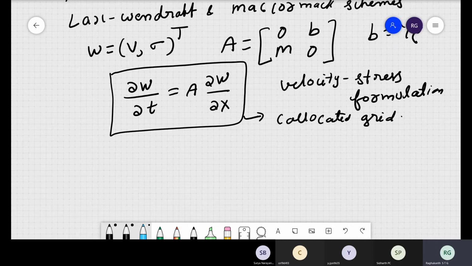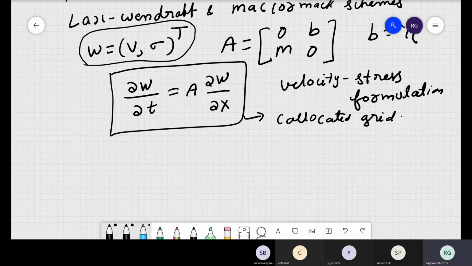If you see that textbook, he has given these expressions also. The philosophy is the same. What you are doing is converting those two velocity stress formulations and writing them like this, like in our structural dynamics also. What do we call this type of thing? State space approach. You understand, right? When you have a second order ODE, you convert it into first order ODEs and try to solve it in state space formulation.